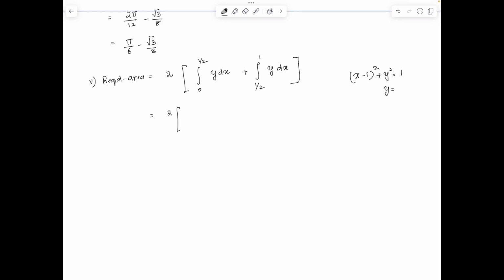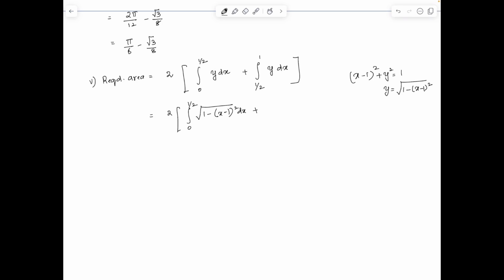So from here we take y, which is root of 1 minus x minus 1 the whole square. So the first part changes like this: root 1 minus x minus 1 the whole square dx